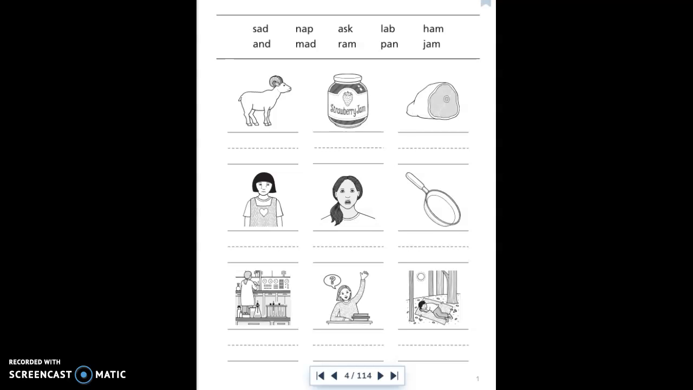Okay, today, guys, we are going to start work in our Spire workbooks. So you need to pull out your workbook and open up to page 1. We're going to be working on pages 1 and 2 for today's word work. All right, so you're also going to need to grab a pencil